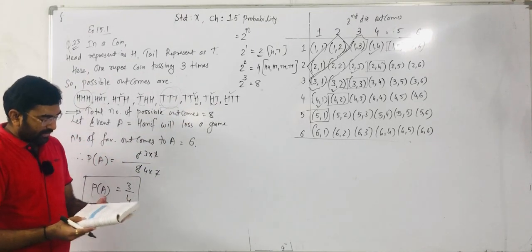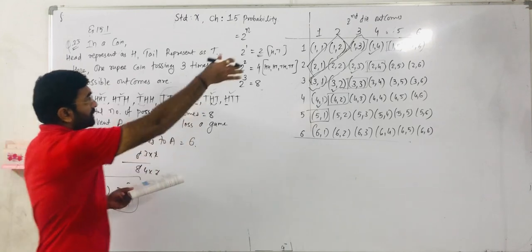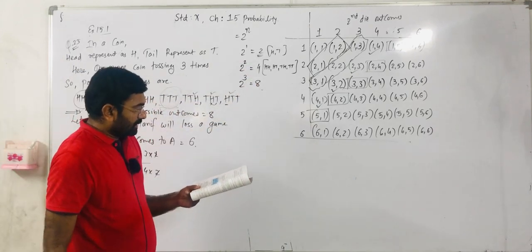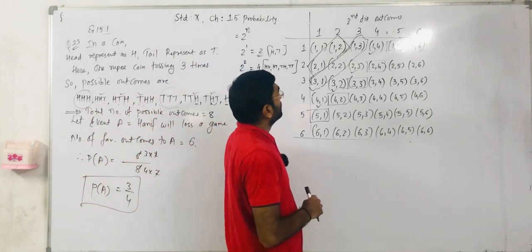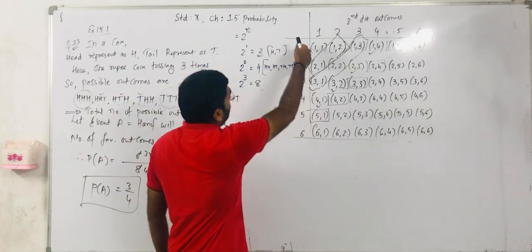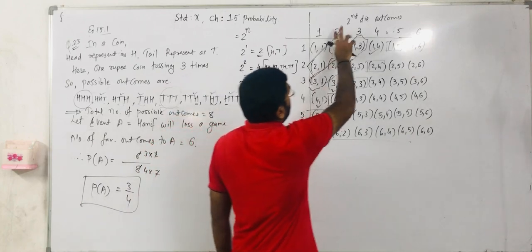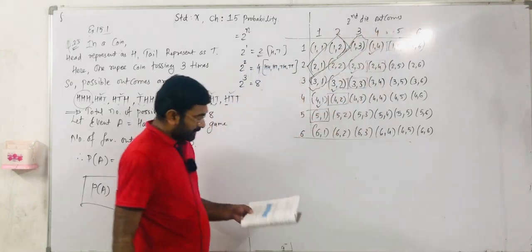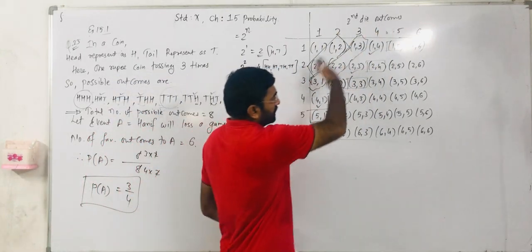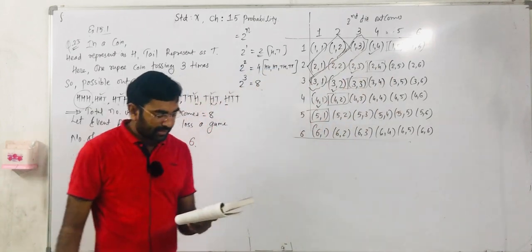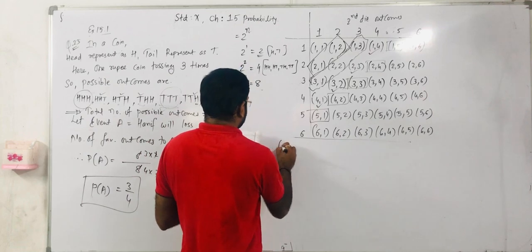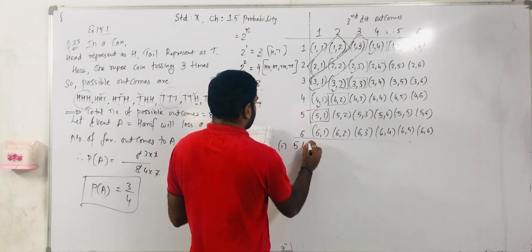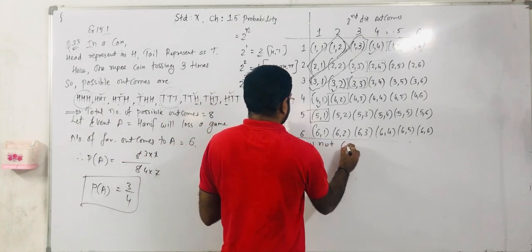Now question number 24, which is based on that one. Let's say a die is thrown twice. One die you throw 2 times. For the first die we write all possible outcomes, and for the second die we write all possible outcomes here, and you have to rewrite all possible outcomes in your answer. Okay. The first question given is: what is the probability that 5 will not come up either time?